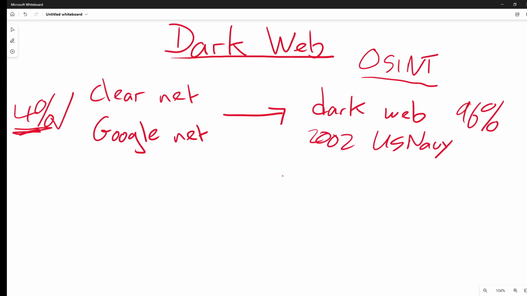You can buy anything on the dark web: illegal drugs, illegal pornography, stolen goods, leaked usernames and passwords, credit card details, pirated content, hacked passwords. You can certainly get company trade secrets.